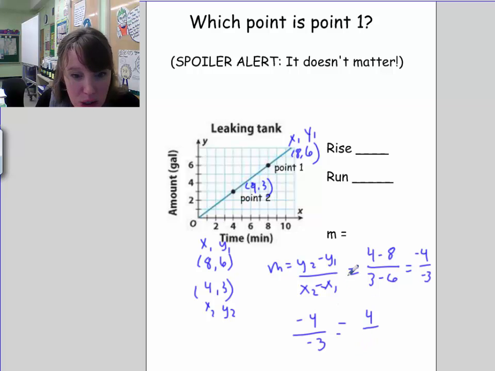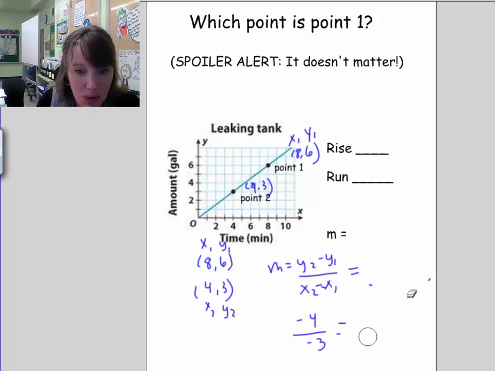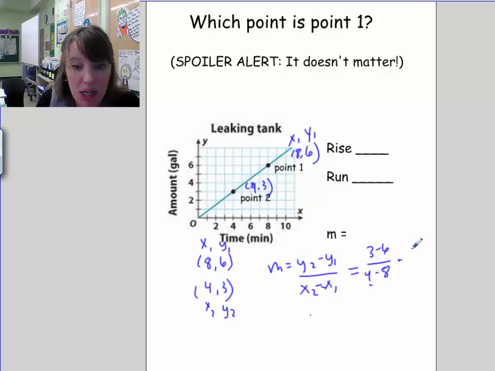Oh, whoops, I actually switched around the x and y coordinates. So here, I had just gotten the reciprocal, so I knew that something was wrong here. So let's go back here. This should be y2, so it should be 3 minus 6 and 4 minus 8, which gets you negative 3 over negative 4. Phew. Okay, and so negative 3 over negative 4, when you simplify it, just gets you